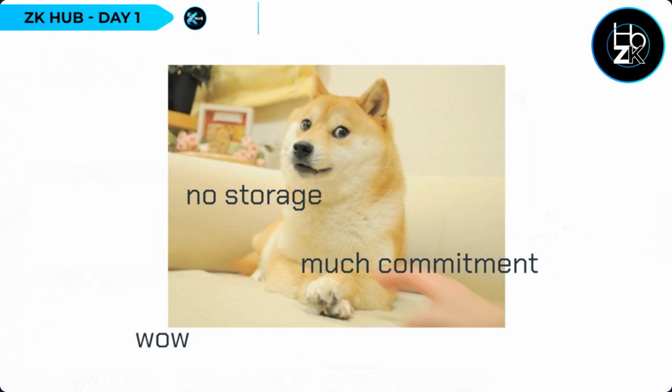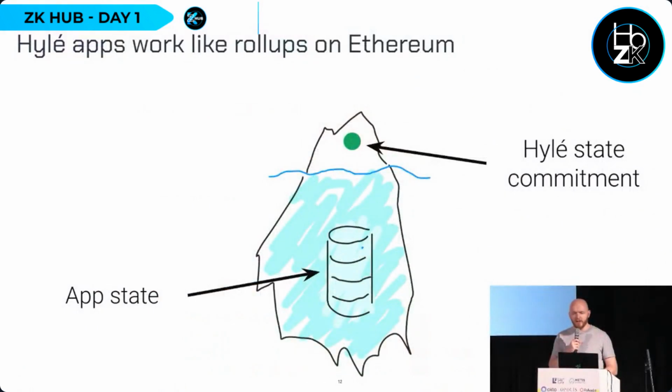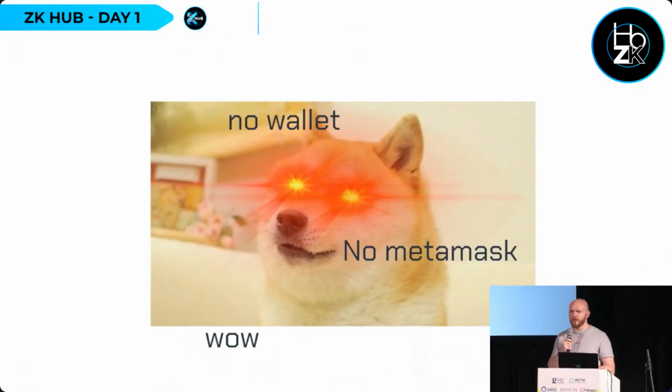Well, first, removing the storage is pretty straightforward. We've known how to do this in Ethereum for a couple of years. All you have to do is make everything a rollup. In rollups, the only thing that's actually being stored on chain over the long term is the state commitment, and 99.99% of the actual state of the applications is being stored elsewhere, hence the iceberg metaphor. Basically, this makes the L1 chain much leaner, and it also allows increasing the size of the applications because you're no longer limited by how many storage variables you can use. So that's pretty straightforward.